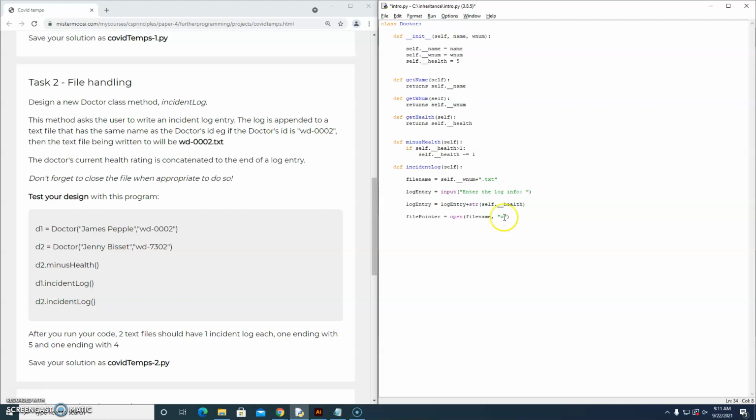Okay, and now that we've opened this file, this variable will allow us to communicate with it. So let's use that variable. To communicate with the file, we're simply going to call the write method and send it the log entry that we created up here. Okay, so we're just going to write that into this file. And don't forget to close the file. So again, we'll use the file variable, file pointer, to communicate with the file and tell it to close. So I believe that is the end of the incident log